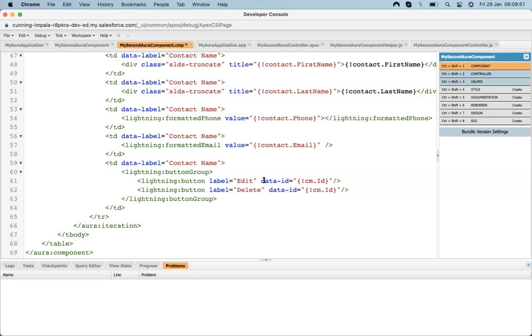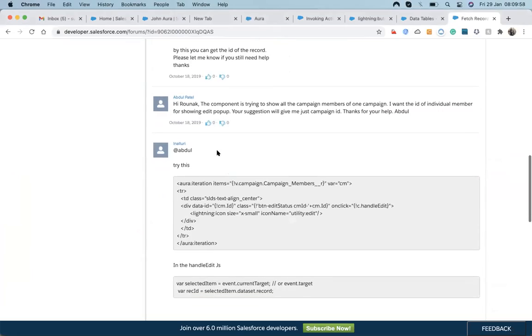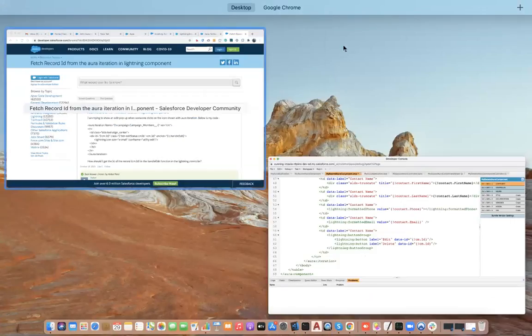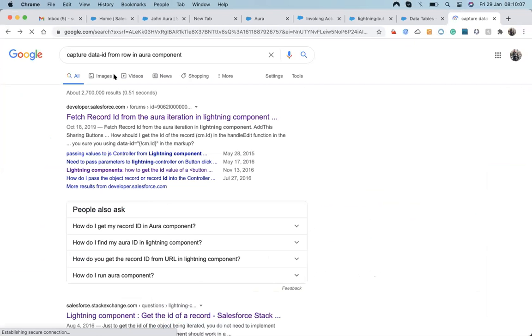The attribute data ID is not available on the Lightning button, so there is some different way.